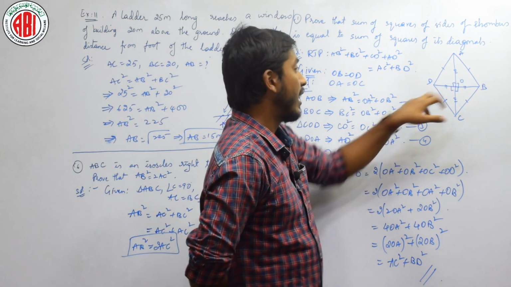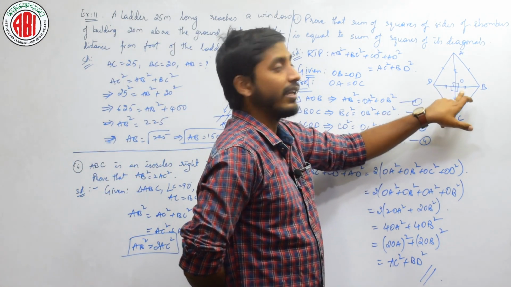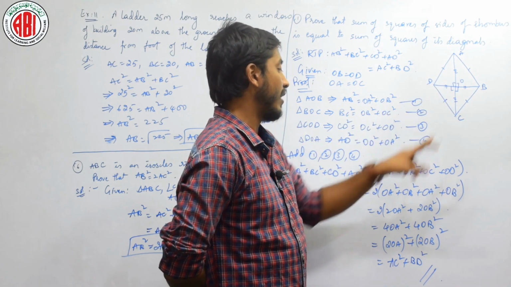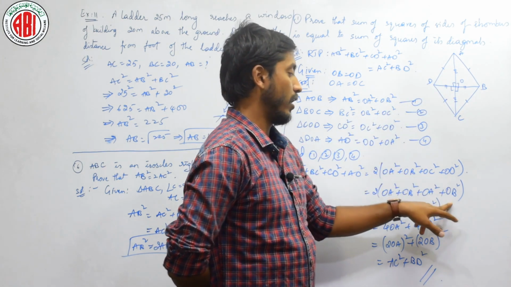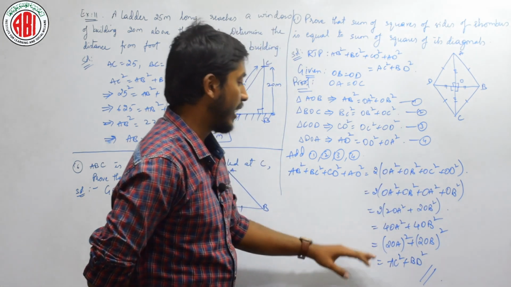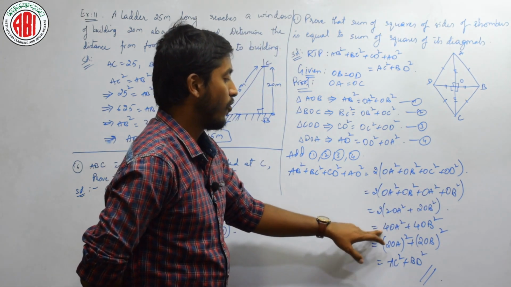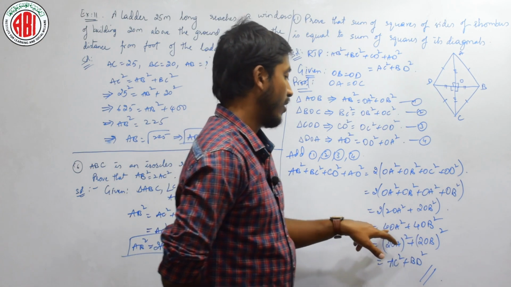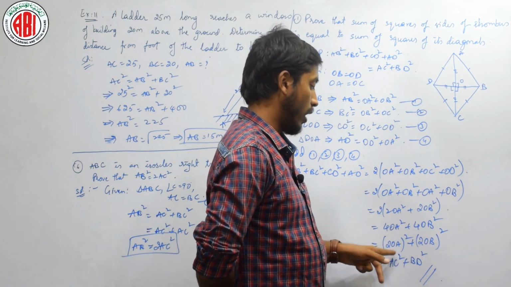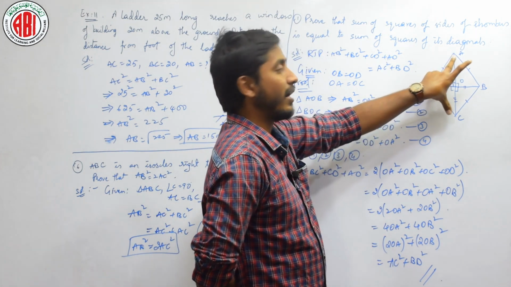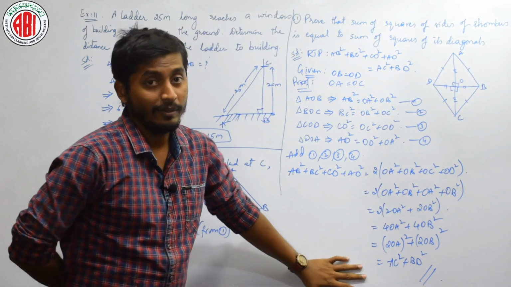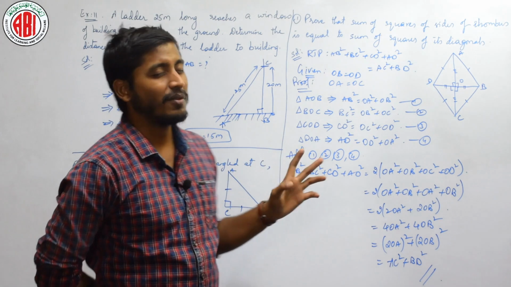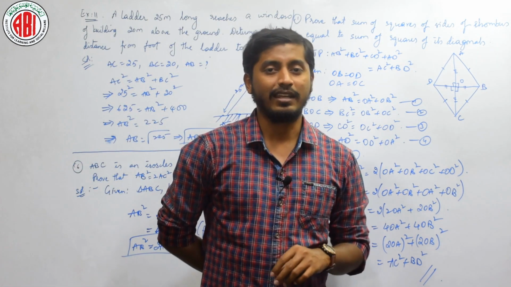Then I know that these diagonals are bisecting each other. Bisecting is making into equal halves. Okay. Here OA equal to OC, OB equal to OD. Okay. After simplifying it, I directly got it as 4 OA square plus 4 OB square. 4 OA square is nothing but 2 OA whole square. Double of OA is nothing but AC, double of OB is nothing but BD. Okay. Did you understand? These are the basic problems which you can understand easily.